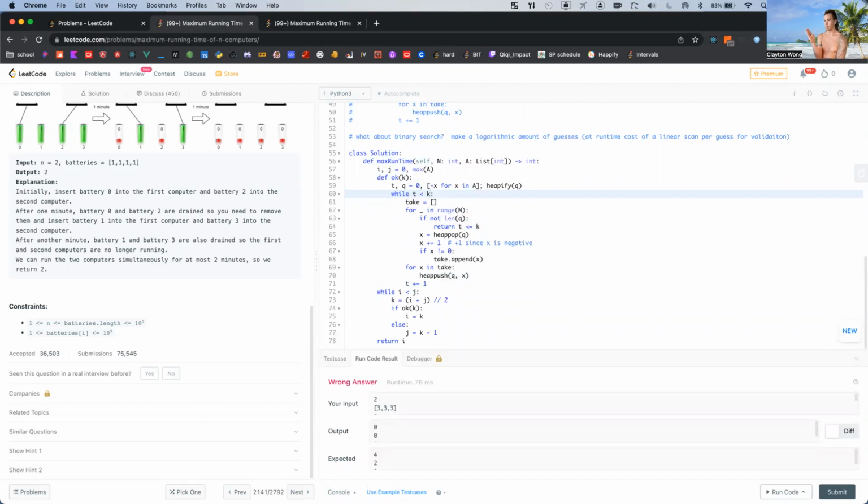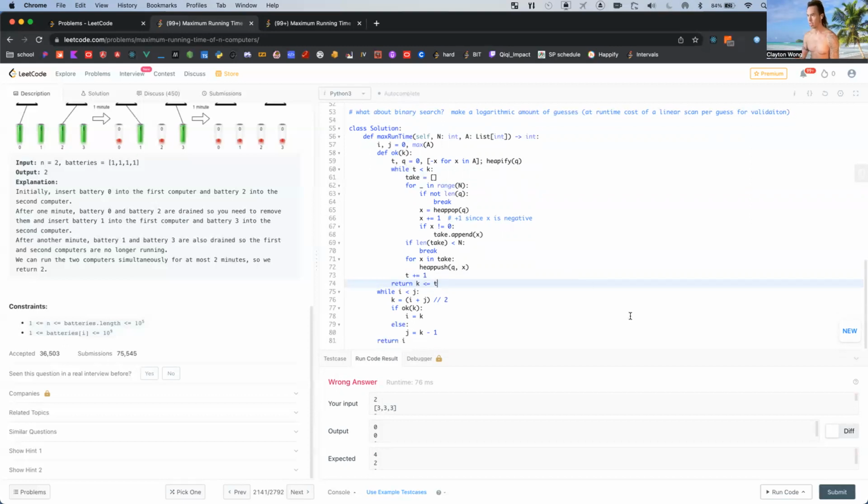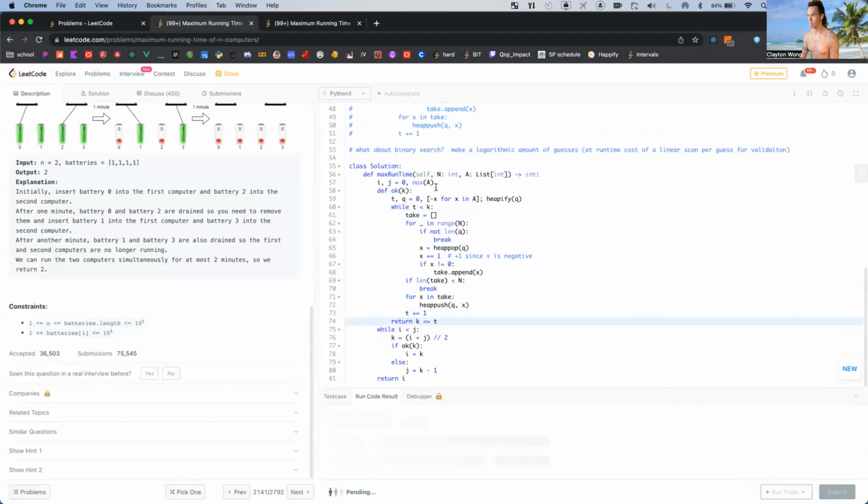Okay, so if we're saying this is okay, then our total has to meet or exceed it. If the length of what we can take is less than n, then we break. Otherwise, we're cool. Push them all into the heap, increment the total, at the end return the days can meet or exceed our threshold k.